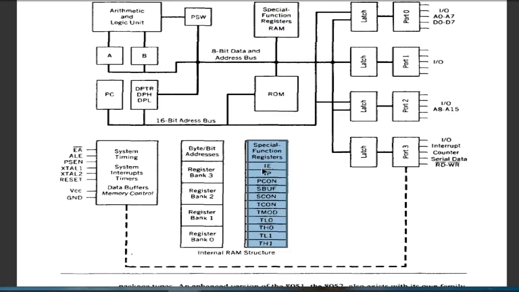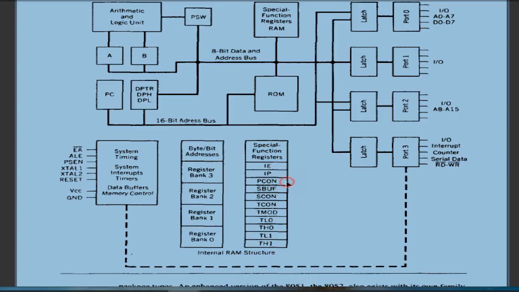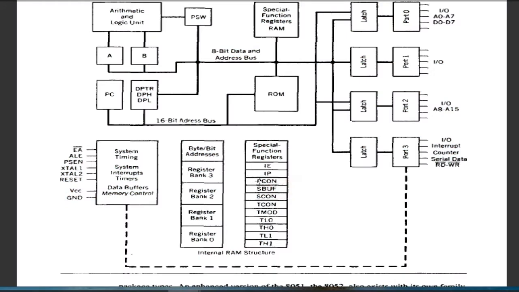So the first register is interrupt enable, as you can see here. Whether the external interrupts are enabled or not for 8051 is decided from the status of this interrupt enable register. Second is interrupt priority. This register is used for finding the priority of the current instruction which is to be executed by this 8051.